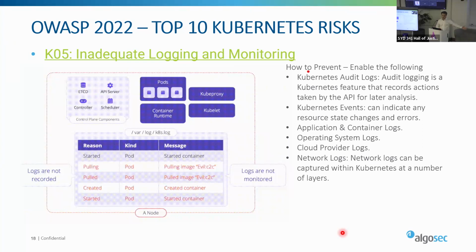And there are the applications that you developed and whatever containers you're going to use, so you can define and enable logs there. For the cloud provider, if you're using managed services, make sure the logs are turned on. It's always a good practice to monitor those and have a workflow attached to those logs. There are quite a lot of useful tools that can help in monitoring the logs and then responding to them automatically. And network logs, right? Kubernetes has its own network structure, so it's important that we always enable those logs around network policies.